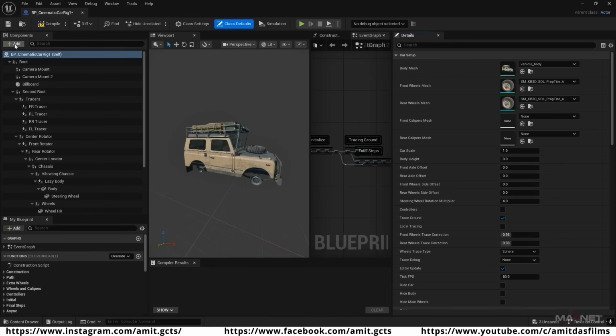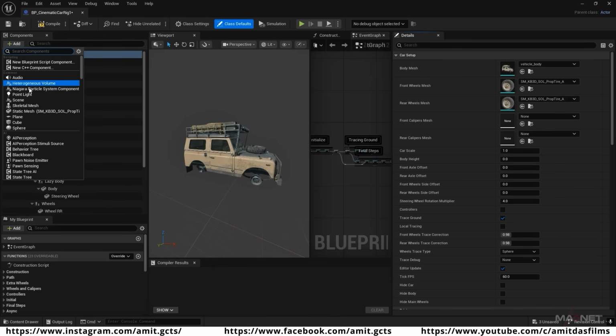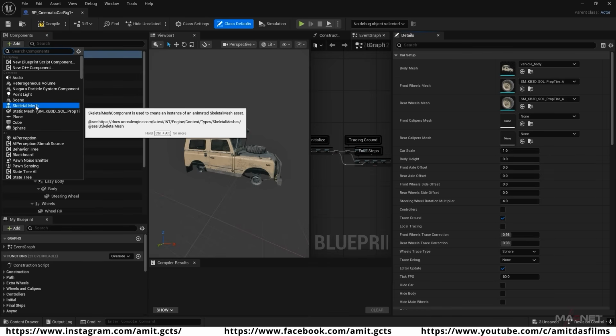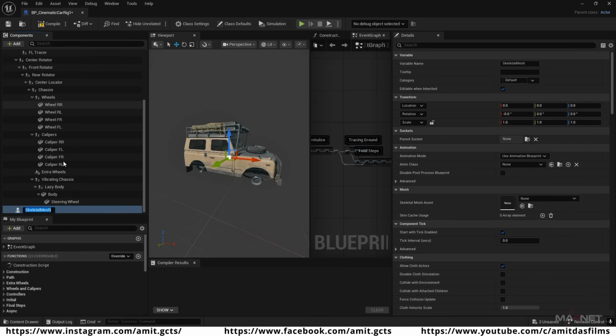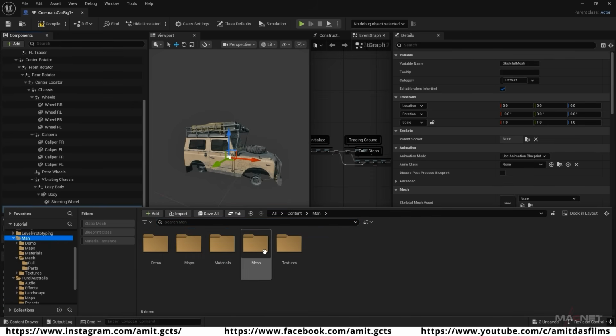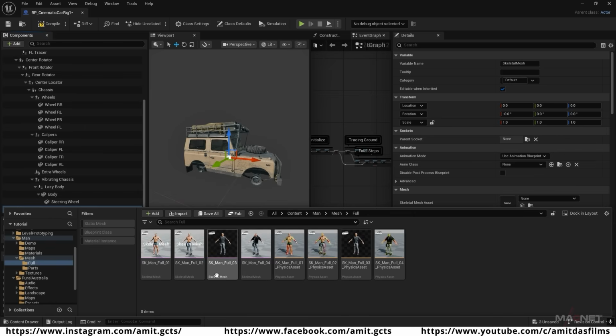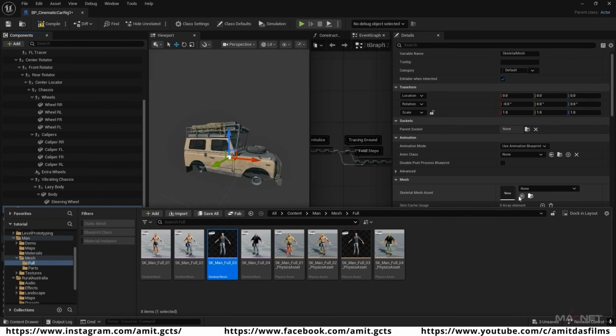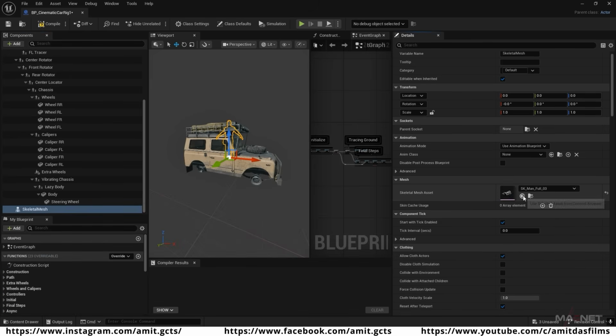So for this we go to this add and we select the skeletal mesh, and then we select our character over here. So we go to this content browser and we go to this man folder here, go to the mesh full, and this is the character. So we selected this one and we go to this skeletal mesh asset slot, just click on this arrow switch,